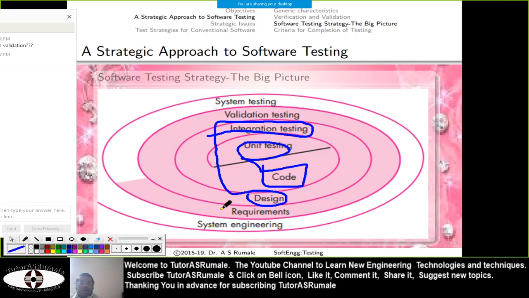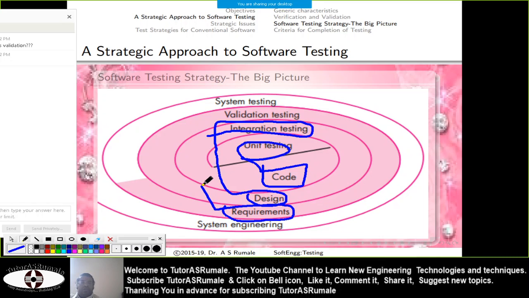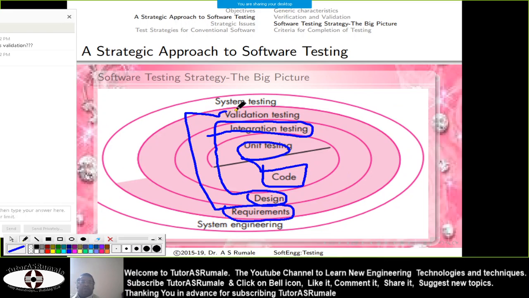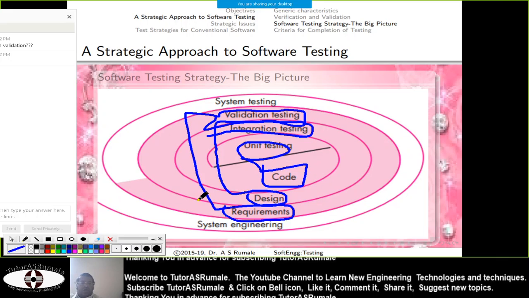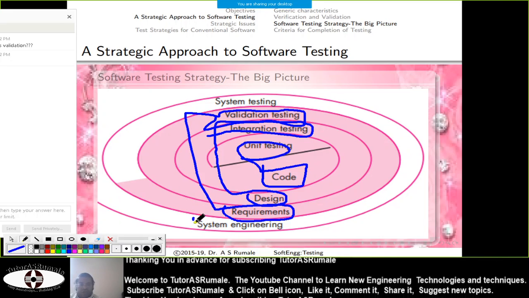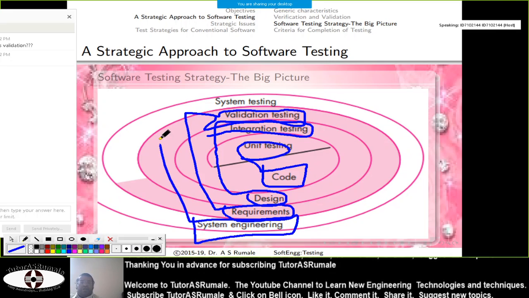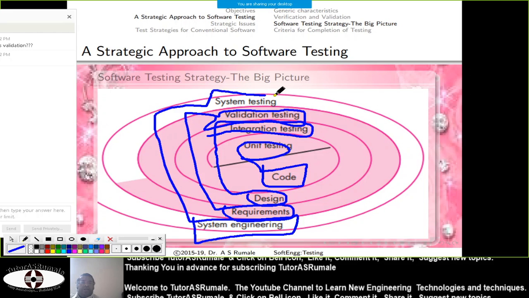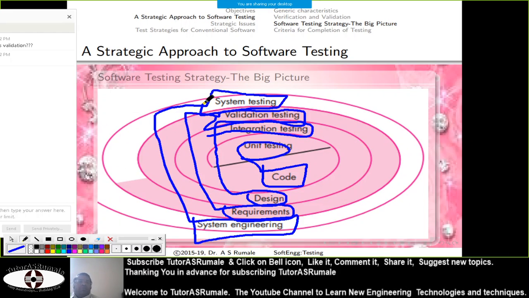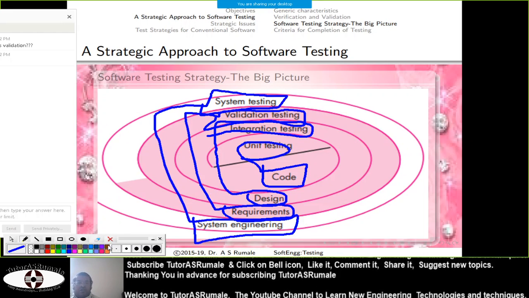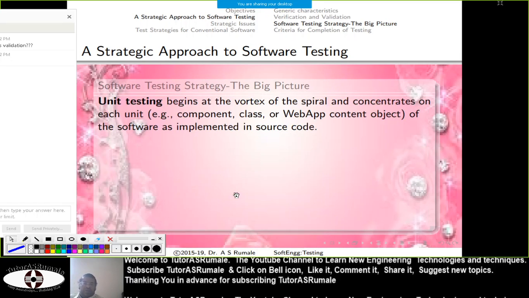Then this is required to satisfy all the requirements of the user, so this goes to validation testing, or acceptance from the user. Once things are accepted by the user, you have your system completed, so you need to engineer this system for actual operation. And once this is done, after deployment, wherever you install it, you have to do the system testing. So this is the big picture of the testing strategy. We are going to see the explanation for everything one by one.